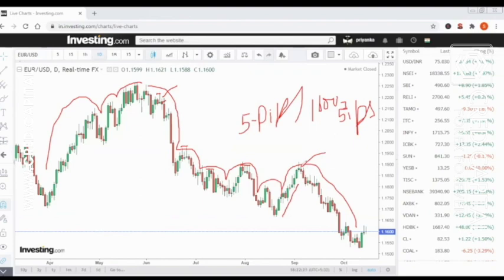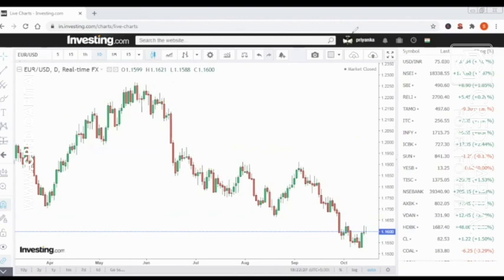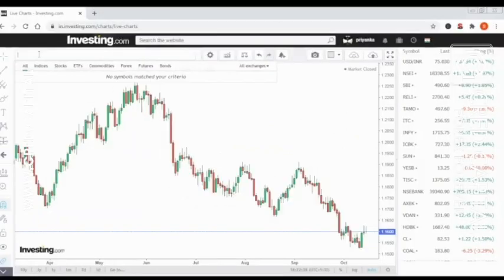So here the shooting star arrived, and here also you can see the shooting star in the market. And the market is still following a complete downtrend. Try to find them on a larger chart. Let's see on the board.